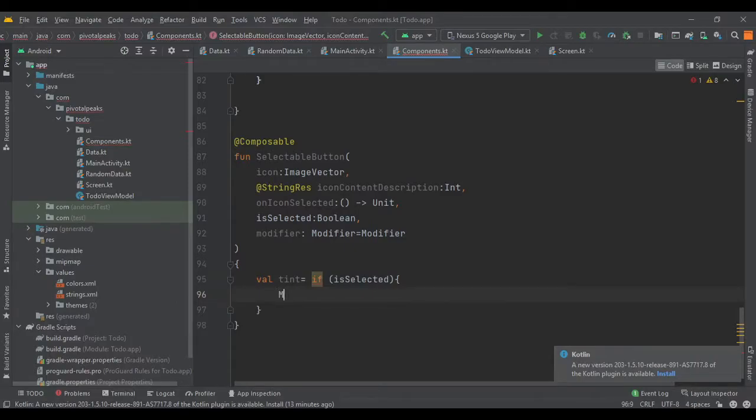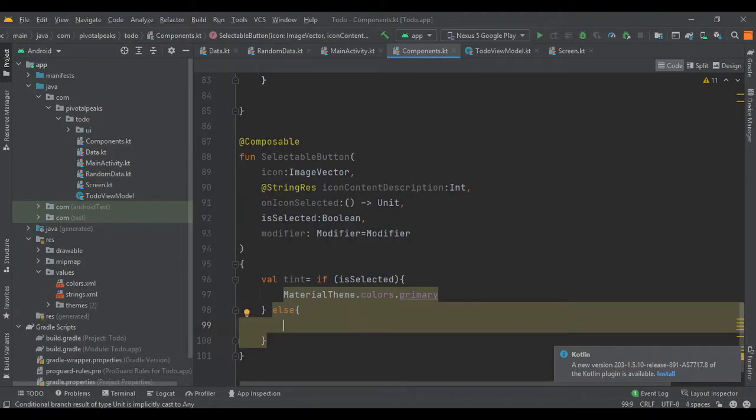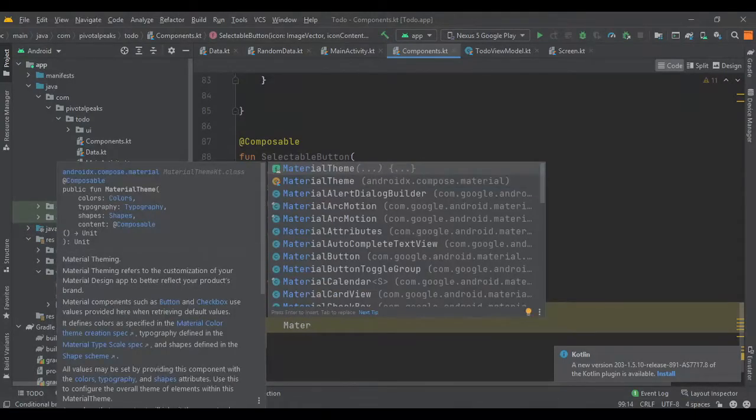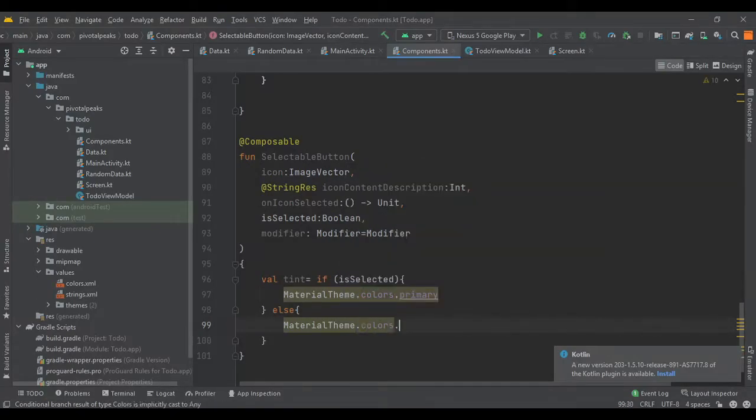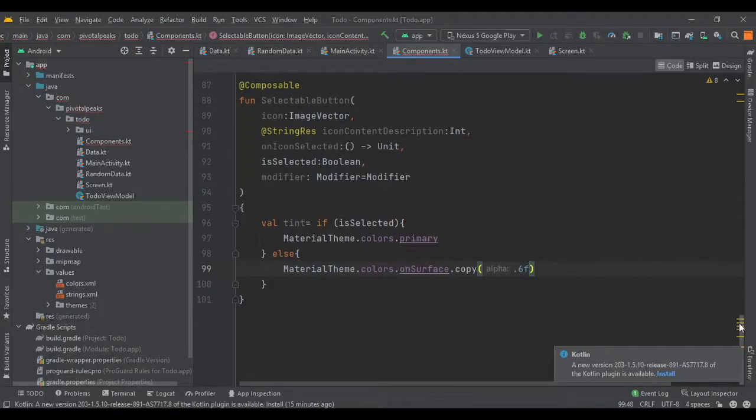So let's assign it by using the MaterialTheme. MaterialTheme.colors.primary, else, if the button is not selected, then we will just provide a color of 0.6f. MaterialTheme.colors.onSurface.copy(0.6f), and that's it for the selected and non-selected icons.